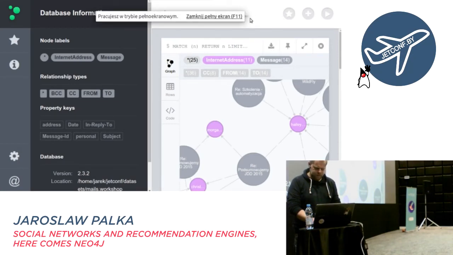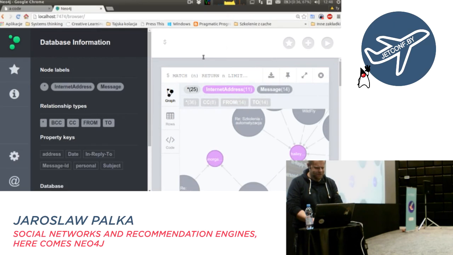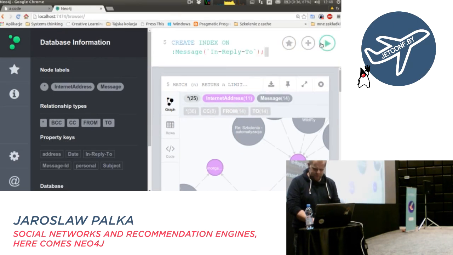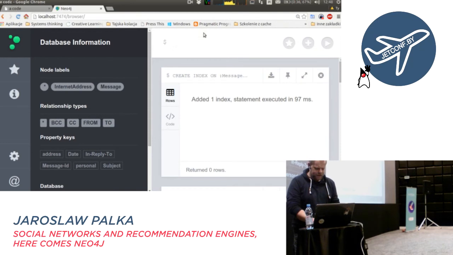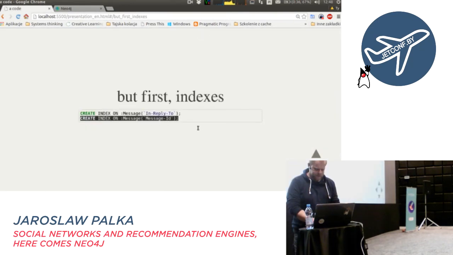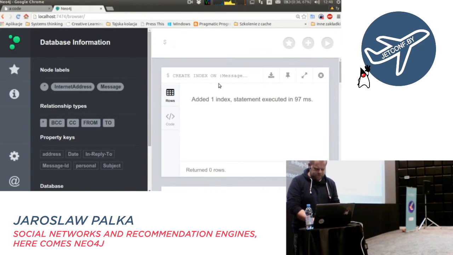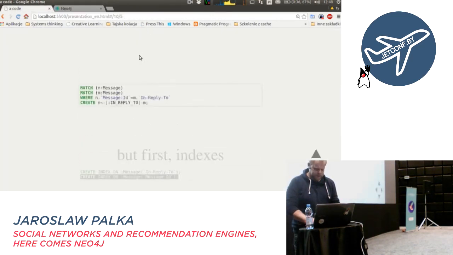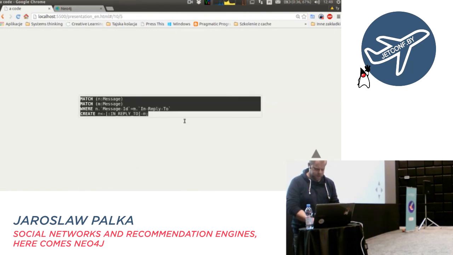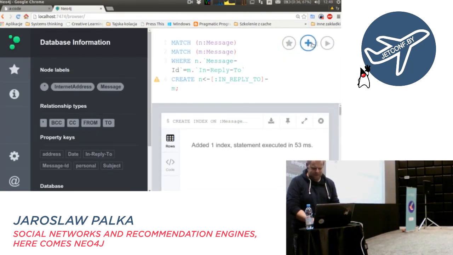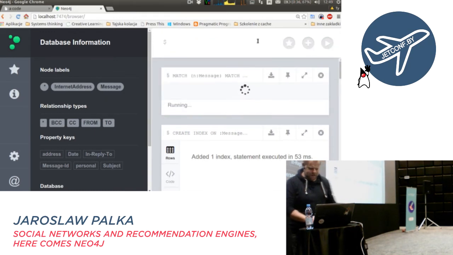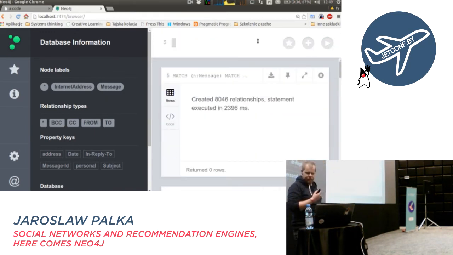Okay, one index and the copy paste of the second index. Yep, two indexes. Then you can go back to the query and copy paste it. Monkey can do this presentation. It finished pretty fast, 2 seconds. So just to prove it,